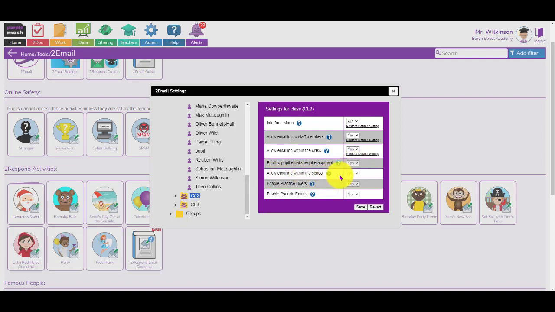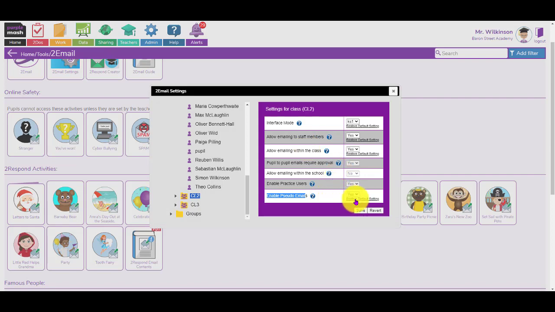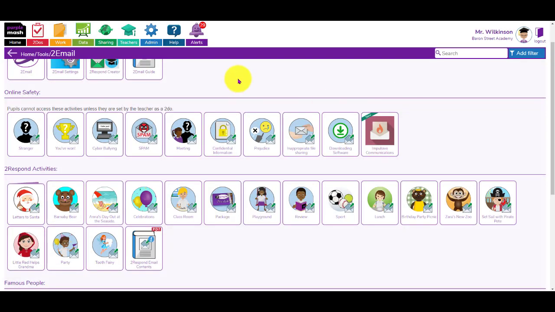Do you want them to be able to email other classes and individuals within the school? Again, you can change that. Would you like practice users? That is where there are some made-up characters that you can practice sending emails to. Now, this is a new feature at the bottom, enable pseudo emails. If I go to yes and save that, that means the children effectively get what looks like a real email address. So if I go back to email now,